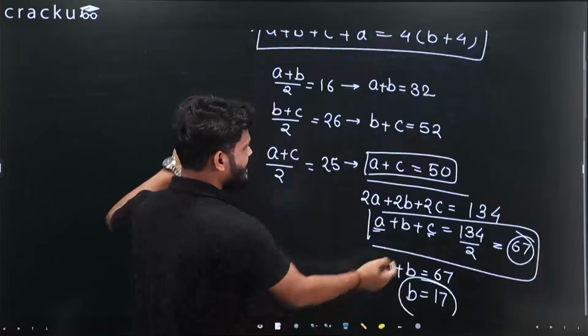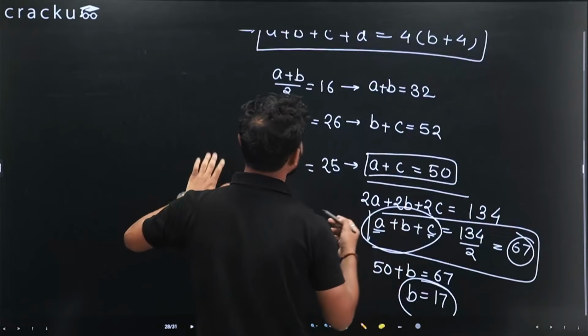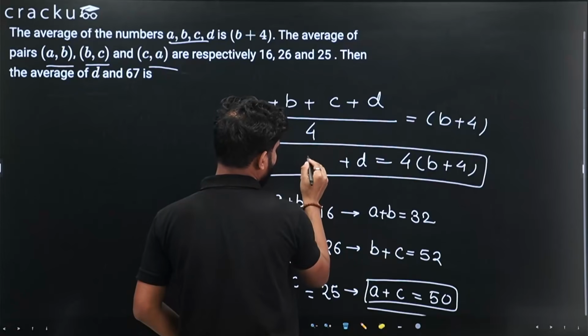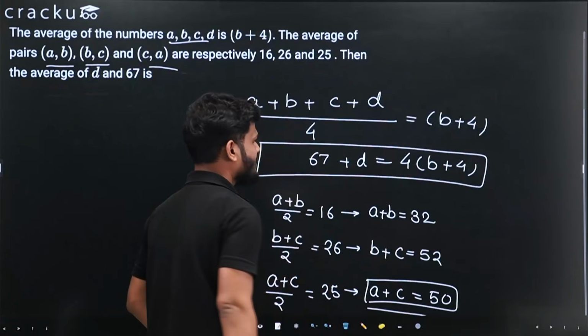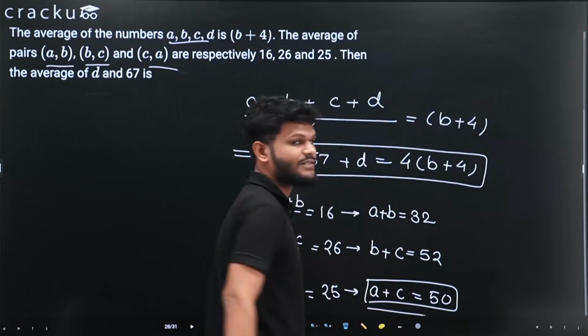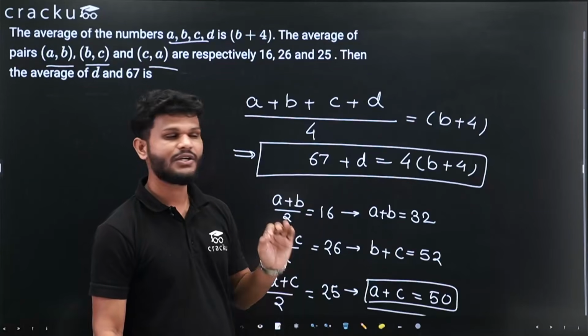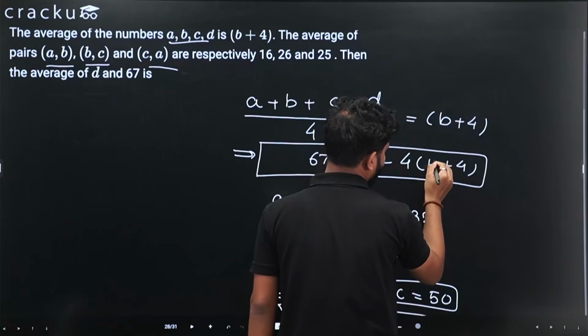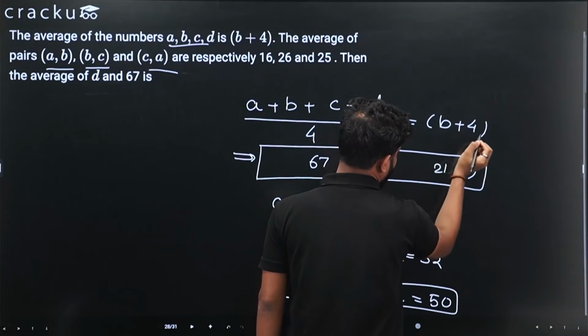Now A plus B plus C is 67. So in this question, I can put A plus B plus C as 67. B I got 17. So 17 plus 4 is 21. 21 multiplied by 4 is